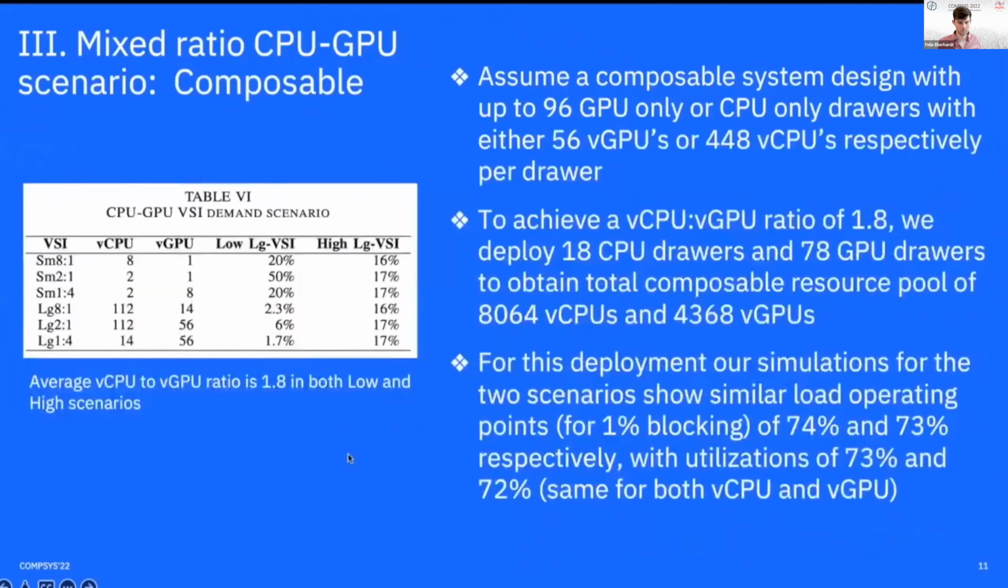The next example is the mixed CPU GPU scenario, where again we chose 6 different ratios of CPU to GPU and analyzed the situation here. We find for the composable that we were able to achieve in the low 70s, but for conventional, on the next chart, you'll see that